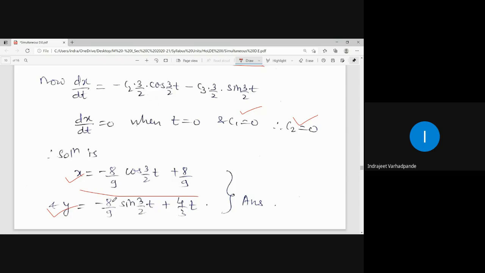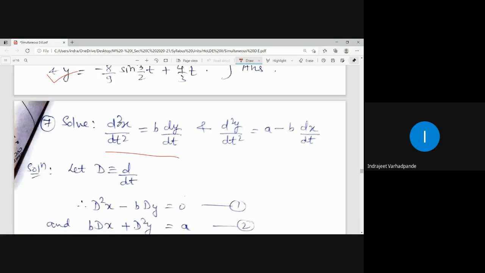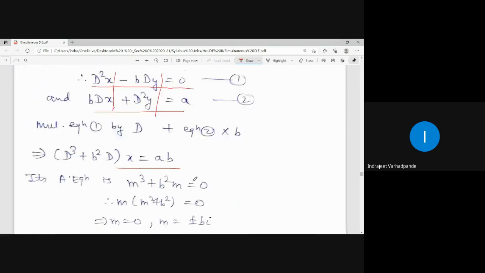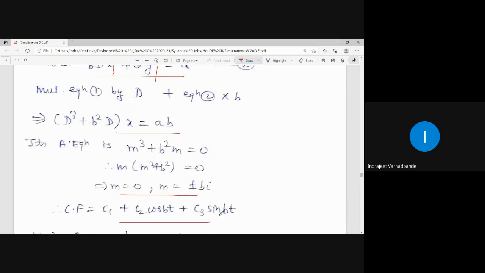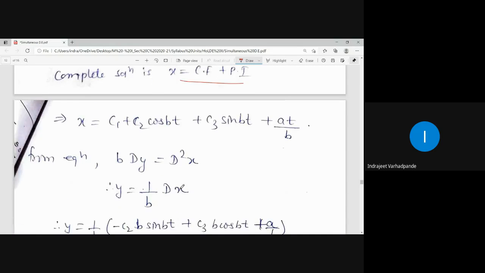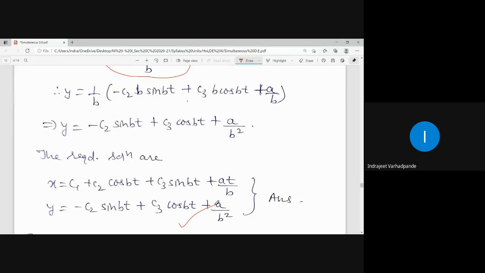So if you have the second order derivative in your simultaneous differential equation, still the procedure remains the same. This is also one of the examples which contains the second order derivative. So how is it converted? D square x minus b Dy equal to 0. D square y plus b Dx is equal to a. Write x below x, y below y. Eliminate the terms appropriately. Calculate the roots. Find out the solution of the given differential equation. Once that solution is obtained, find out the other value from the same expression. Once those values are obtained, write down the solution in the given format.